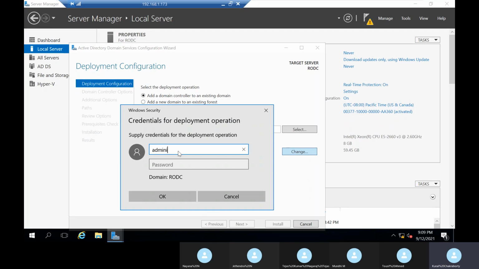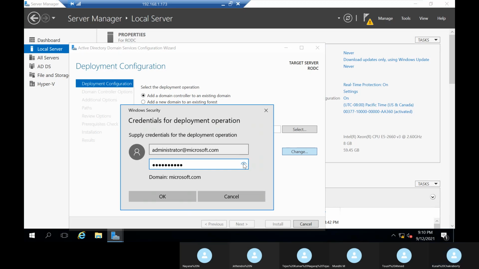So administrator@Microsoft.com. Done. This is very important: the password should be the administrator password.